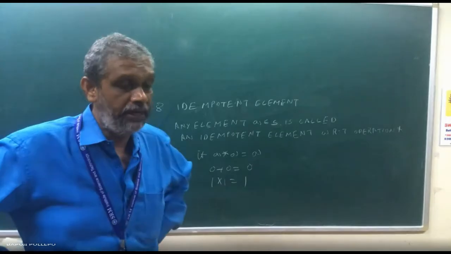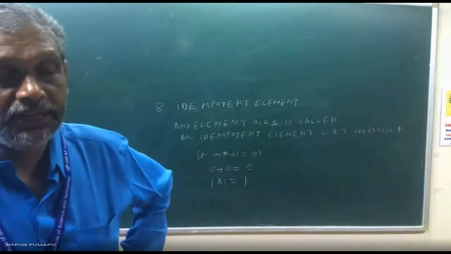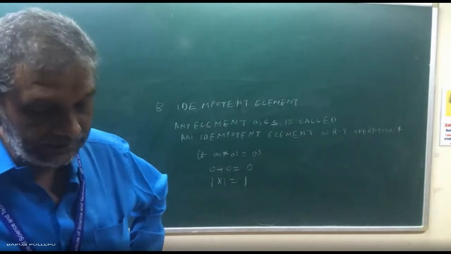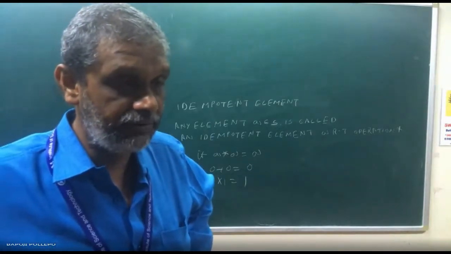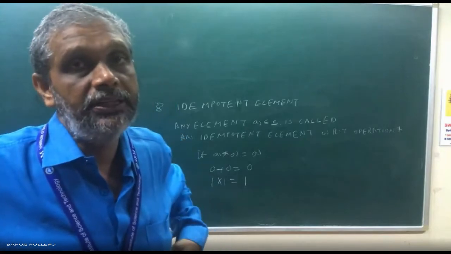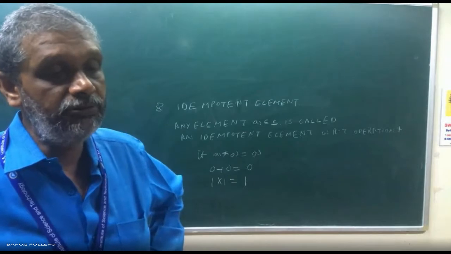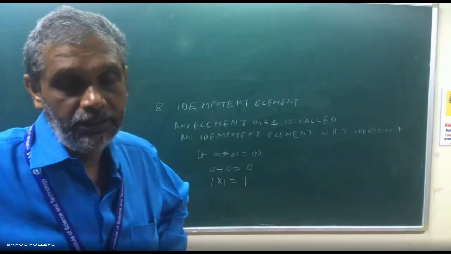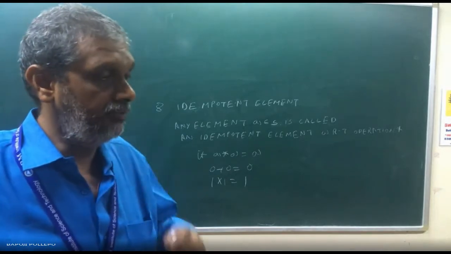Last class, they will give one matrix, and from there they'll ask to find eigenvalues and eigenvectors. First we find the eigenvalues using the characteristic equation. I didn't tell anything about the eigenvectors. Today we see how to find the eigenvector. Up to eigenvalues I came, now I'm going to find the eigenvector.